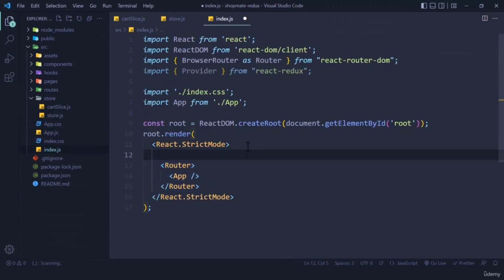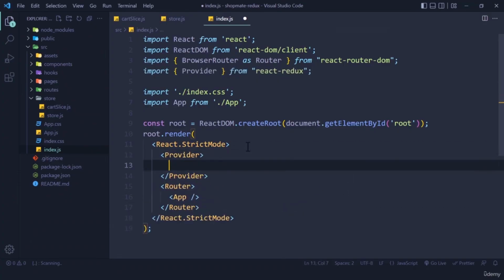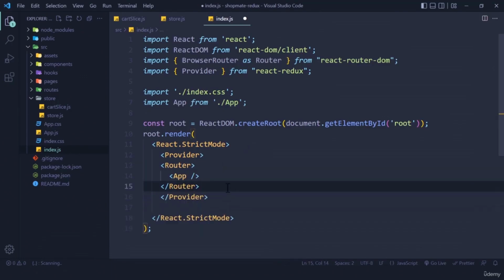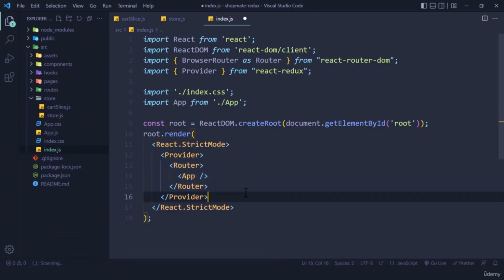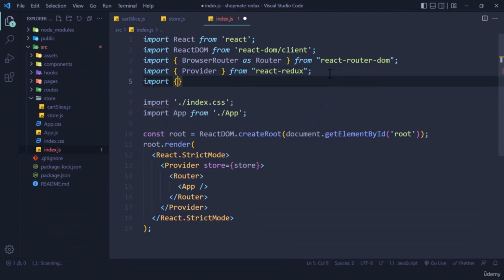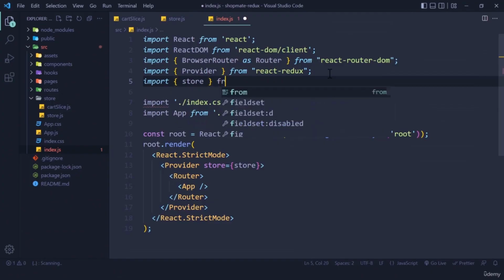So let me create this provider here, and let me take this, let me pass it. So this is going to work as a child for our provider, and here I just need to pass information which is going to be my store, and this will be the store that we need to import. Let's say import store from